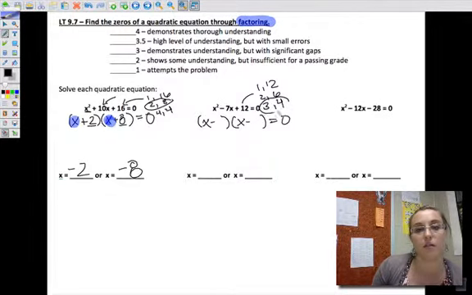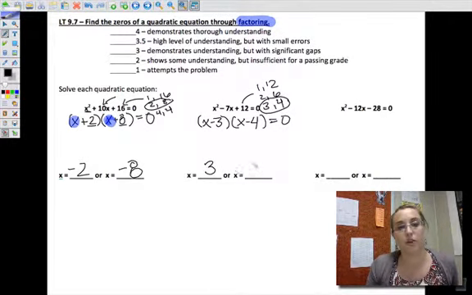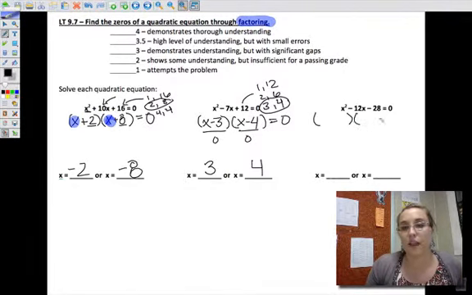So that would be this time 3 and 4. So minus 3 and minus 4. So my zeros on this one would be a positive 3 and a positive 4, because that's what would make one of these two terms 0. Either 3 or 4 would make this equal 0. All right, and for my last factoring,